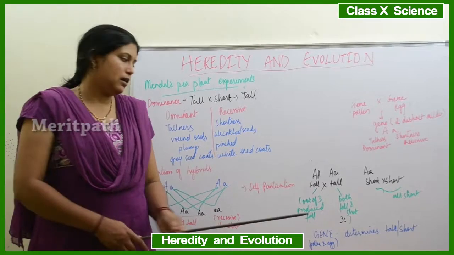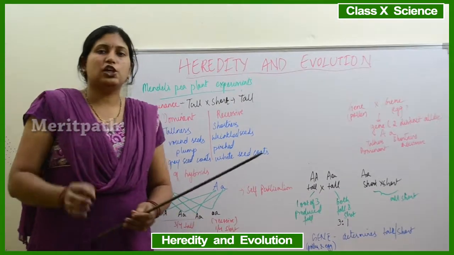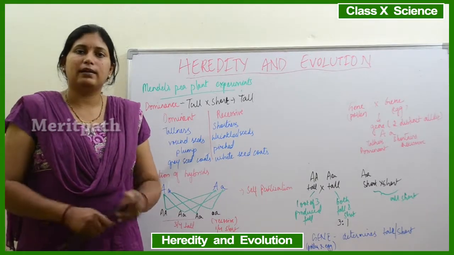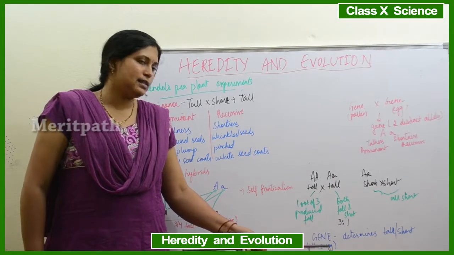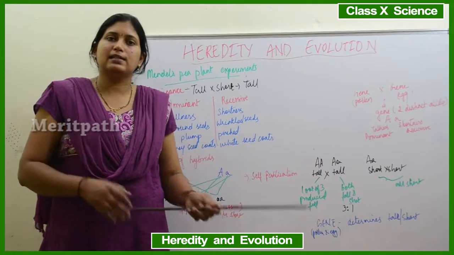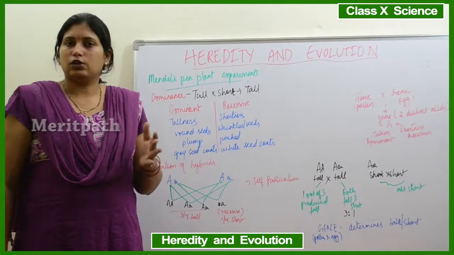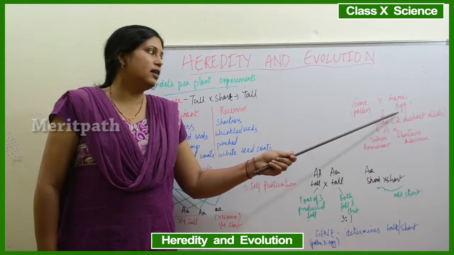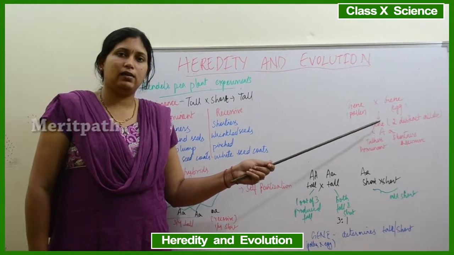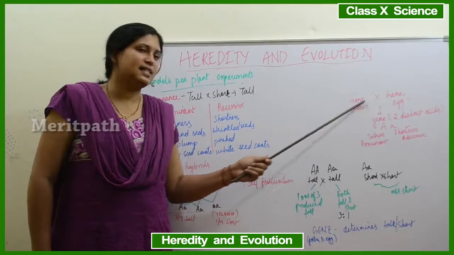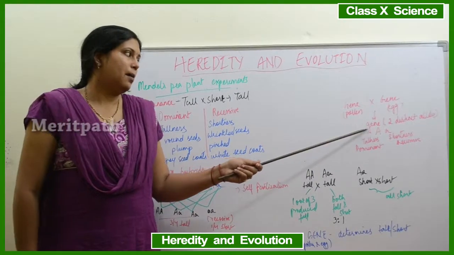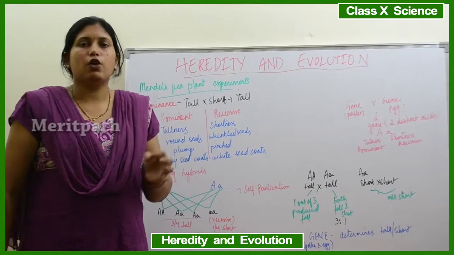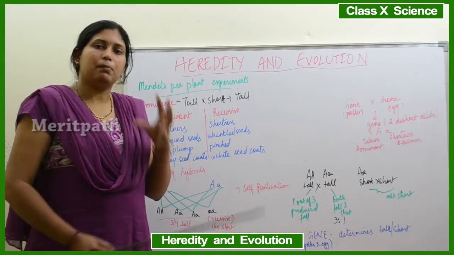That something is nothing but what is known as the gene. So the gene is present in both the male reproductive part and the female reproductive part, that is the pollen grain as well as the egg. So the gene determines the characteristic, whether it is tall or short. When a gene in the pollen grain and a gene in the egg come and meet, here in the sex cells they are haploid. They come and meet, and in the new offspring produced they become diploid, that means paired.